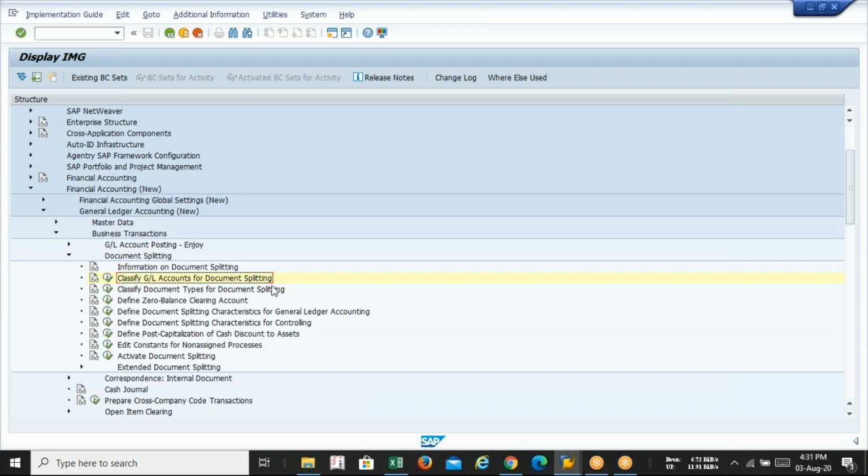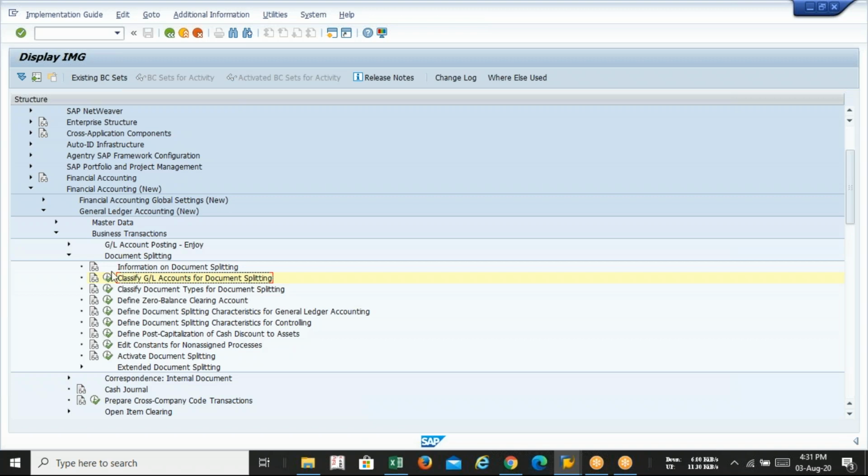Classify GL accounts for document splitting. We have done it. After that, these things will also be there, and we need to classify them one by one, but not right now. Something will happen in the CO module, and something will come after P2P or O2C, with PO and without PO cases.